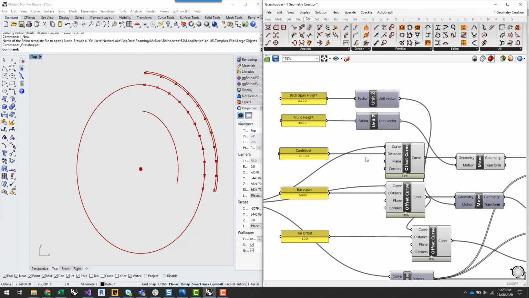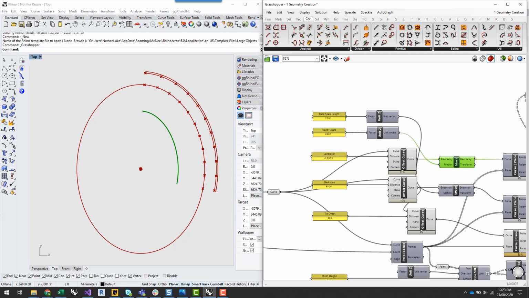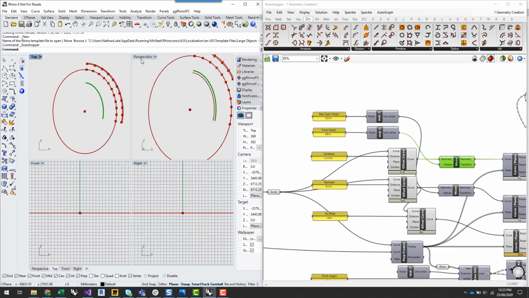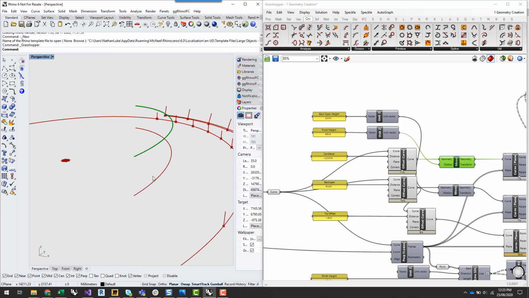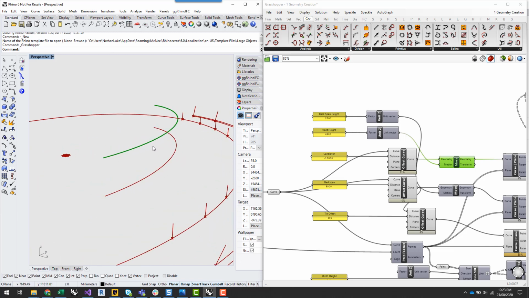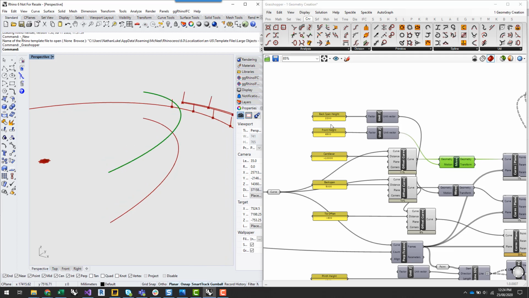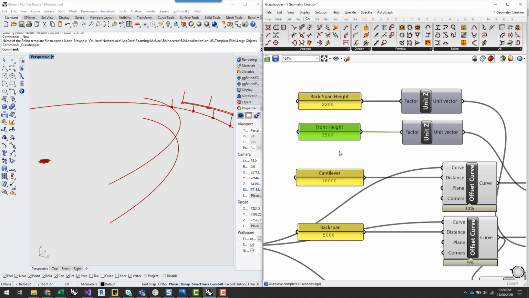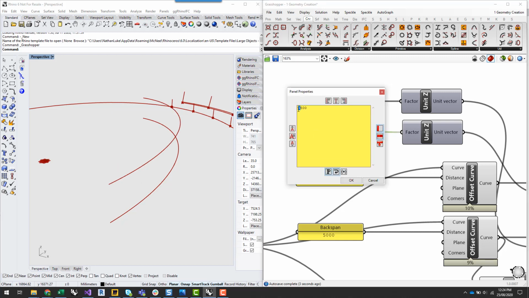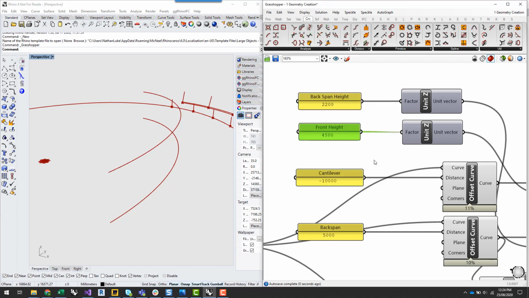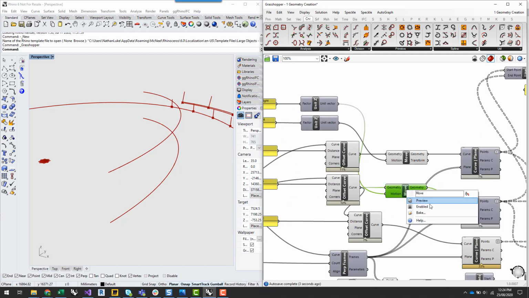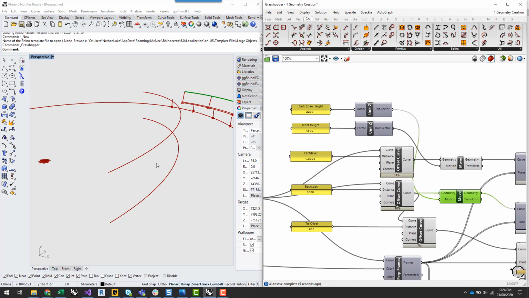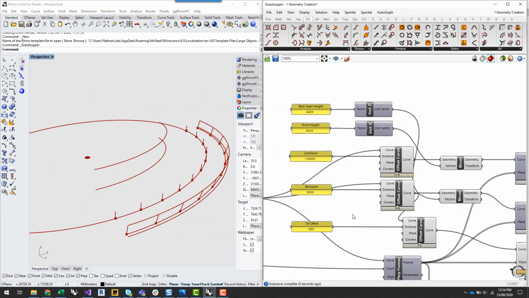So I'm going to wire in my cantilever curve into this move component, and if I go to the perspective preview, you can now see that curve has been moved up that specified distance. If I change the distance, you can see how it varies, but I'll just leave it at 4.5 for now. Right, okay, and I do a similar thing for my backspan curve,